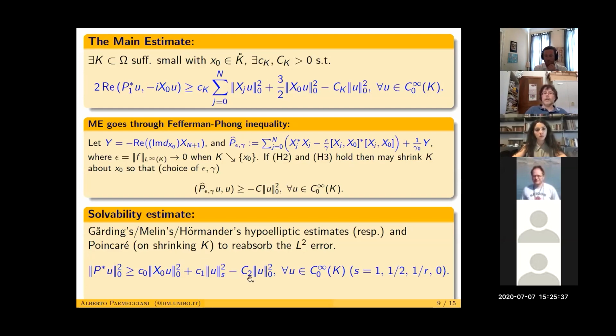So you can see from here that we are in business, because we clean up this kind of thing by using a Poincaré estimate. Since x naught is non-degenerate, this is going to be controlling also this one, provided we shrink further the compact K. And so we get our a priori estimate. This thing here controls the L2 norm of u by a positive constant, and we're in business.